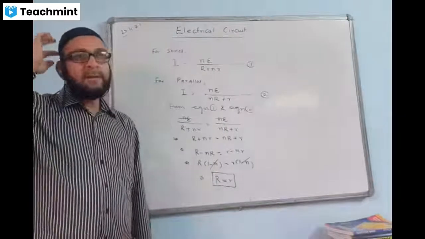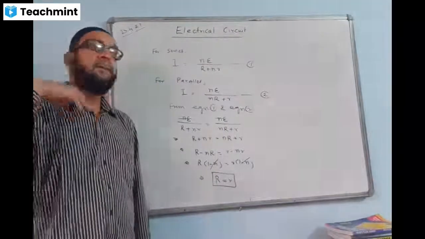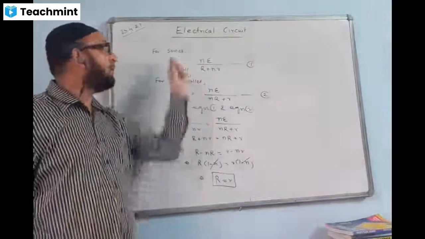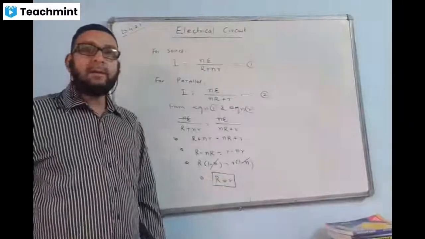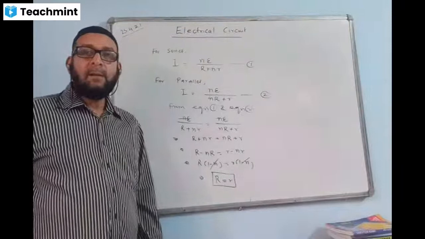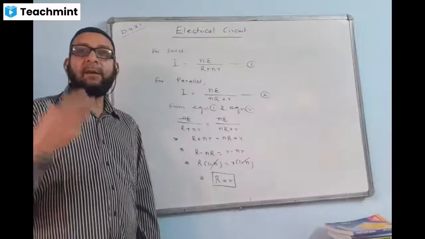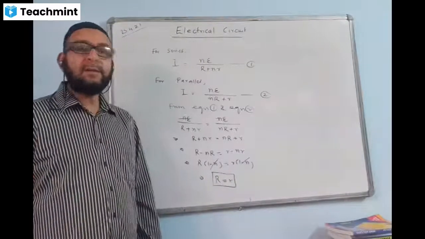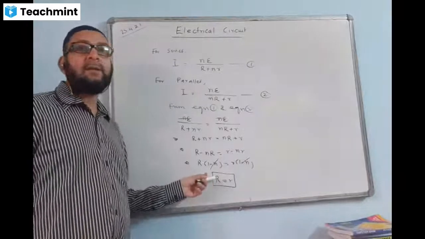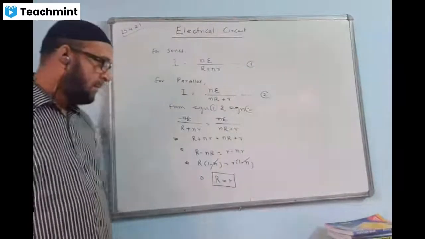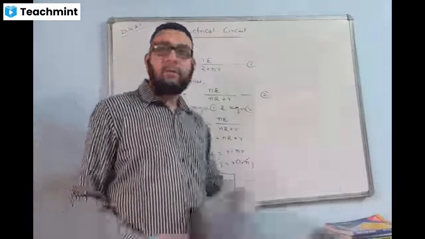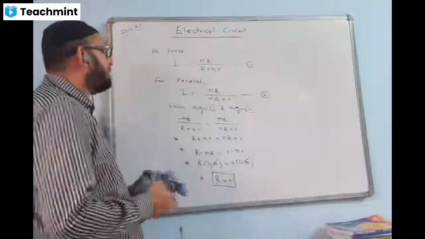When in series and parallel combination we get the same current, when number of cells are connected, then external resistance will be equal to the internal resistance of each cell. If they give the numerical value, like the internal resistance is 1 ohm, what should be the value of external resistance? That also will be the same, same answer, 1 ohm. Hope it is done and you understood. You can respond, one of you can respond.